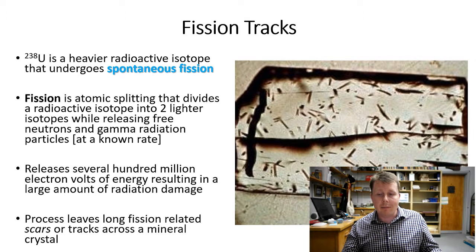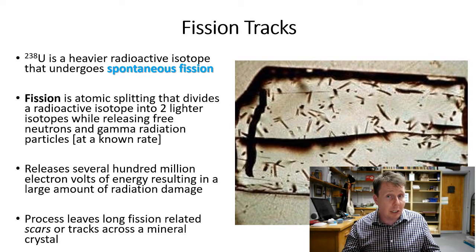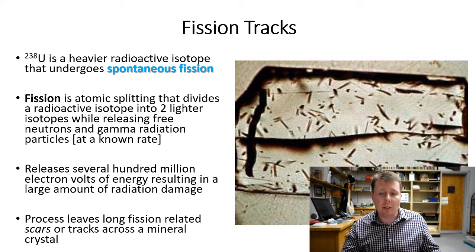So if you look on the right-hand side, you're going to see a close-up of the mineral zircon, and this is very much zoomed in. We're probably looking at a mineral that was maybe up to 3 millimeters in size, so a fraction of an inch we're talking. And what I want you to focus on is there's a lot of dark sections, but there are some very thin linear dark sections that look like scratches on the surface of this mineral. And those scratches on the surface, I'm going to call them scars. Other scientists will call them tracks.